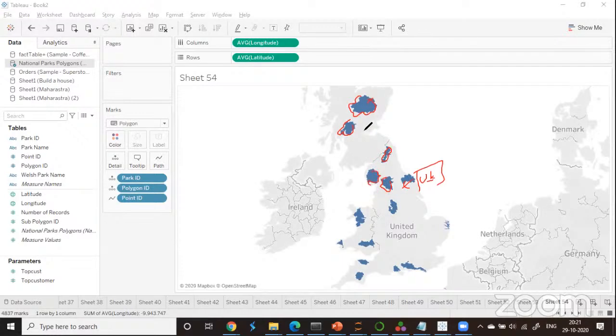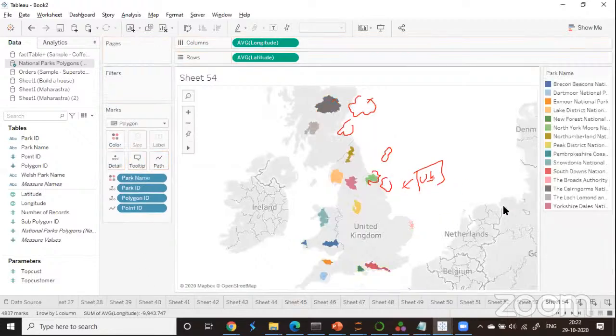These are non-standard regions. Now, if I want to identify what these parks are, I can simply drop my park name onto my color shelf. So this park is the Cairngorms National Park. This park is South Downs National Park, Dartmoor National Park, New Forest National Park. So with the help of your polygon